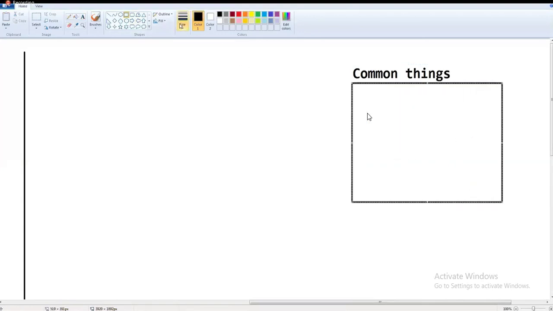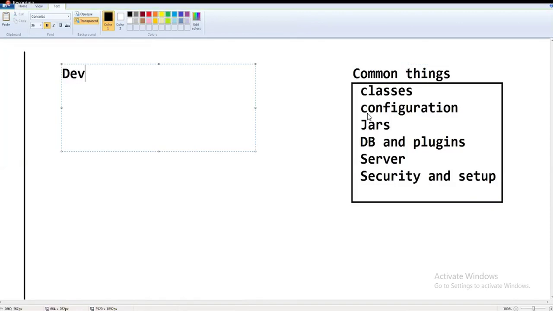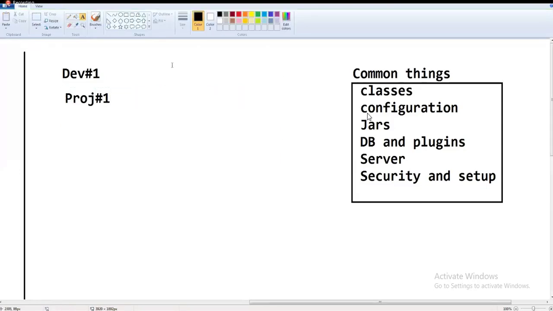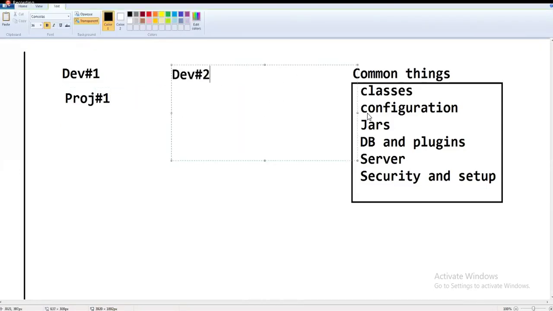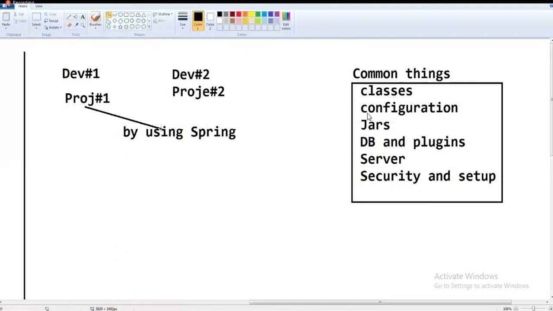Understand this point. If developer 1 is creating project 1, and developer 2 is creating project 2 using Spring, both are developing different projects.